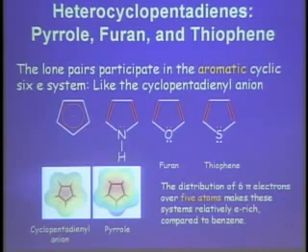So perhaps the best way to look at these compounds is to compare them to cyclopentadienyl anion. That was one of the compounds where we noticed that you can expand the 4n+2 rule to incorporate charge systems if they have an odd number of carbon atoms. So remember, this guy was derived from cyclopentadiene, which had 2 double bonds here and 2 hydrogens here.